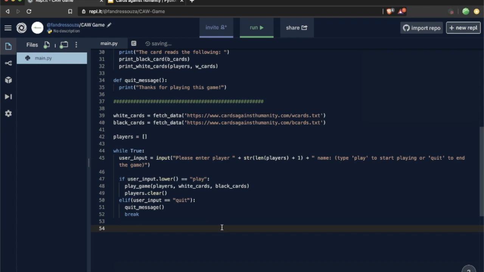wants to play, basically, if they type play, we are going to run the play game function, right? If they just add names, we don't want to do anything. We just want to add the names to the list that we have created called players, right? So this is a good place to add it. Players dot append user input,